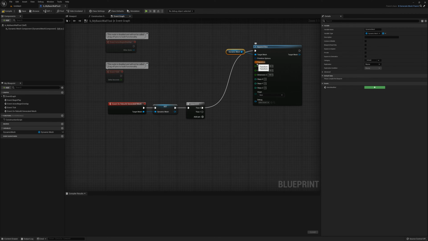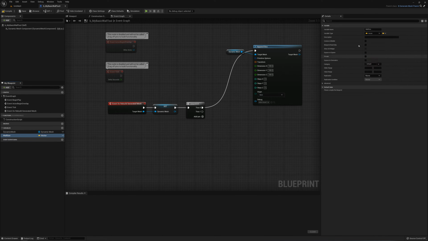And I want the user of the tool to be able to edit or adjust the size of the box in sort of real time in the editor. So what I want to do here is introduce a new variable called wall size, and I'll set that to a vector, and I'll make it instance editable, and I'll say show 3D widget here,